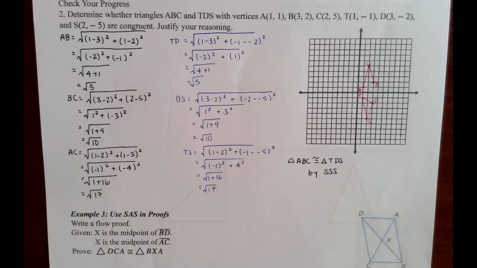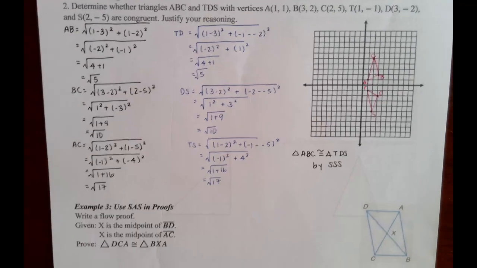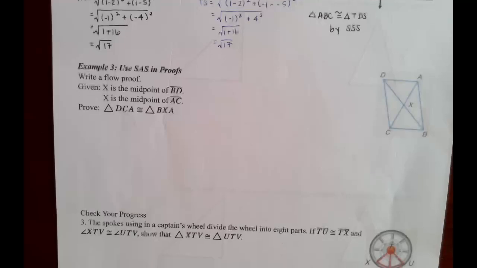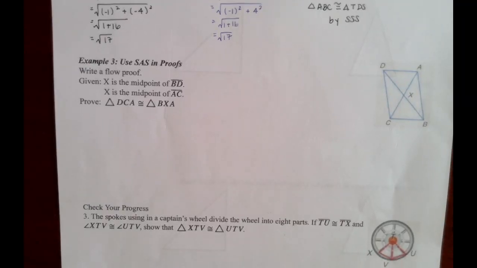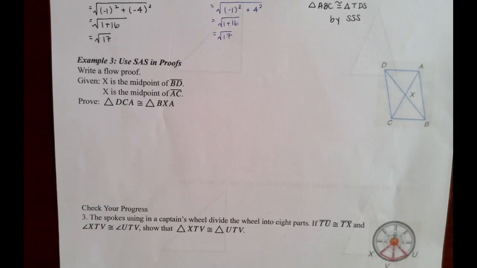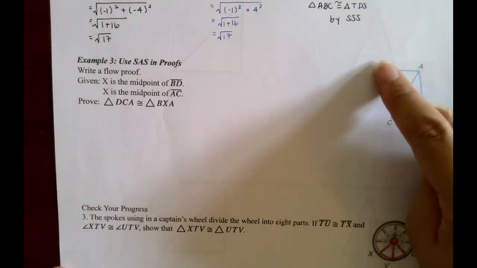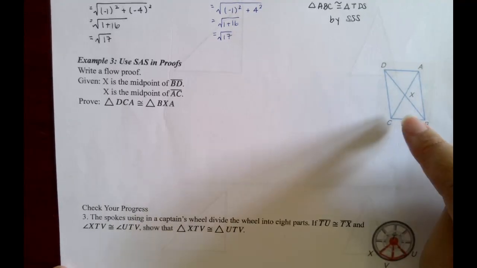Okay. So moving on to example 3 here, we're going to be writing a flow proof, right? So what we're told here is that X is the midpoint of segment BD, and X is also the midpoint of segment AC. Okay, and then we're going to prove that triangle DCA, so it's this one here,